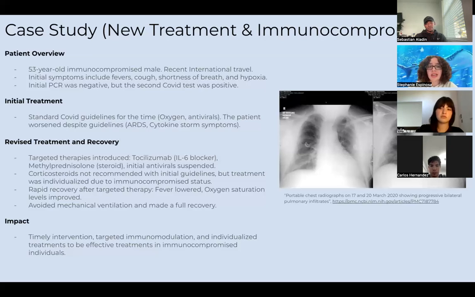IL-6 was the focus in this case, and is part of the second or third phase of the viral infection. Cytokine storms can lead to severe inflammation, tissue damage, and organ failure, as shown by his severe inflammation and lung damage. This shows the life-threatening pathogenesis of the COVID-19 virus, especially combined with previous risk factors like the patient's asthma. The patient was worsening despite standard protocol, so they revised the treatment to a more individualized approach. In response to his worsening lung condition and cytokine storm, he was given tocilizumab, which is an IL-6 blocker, and